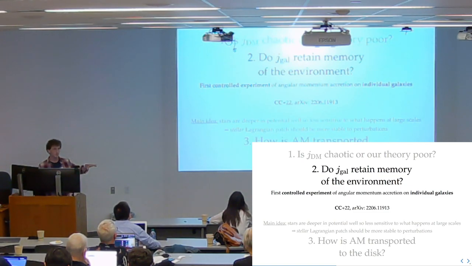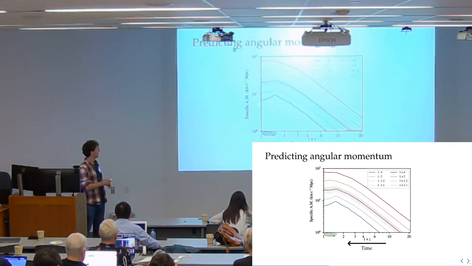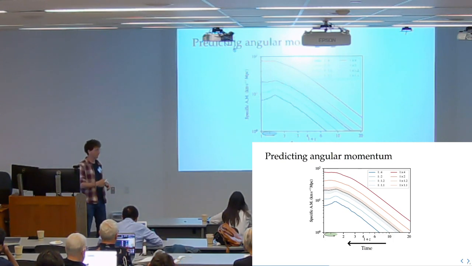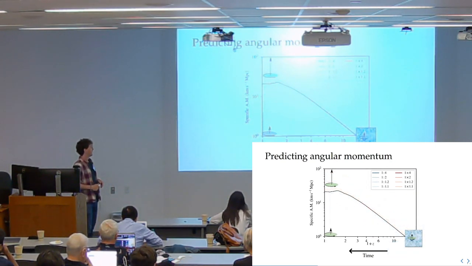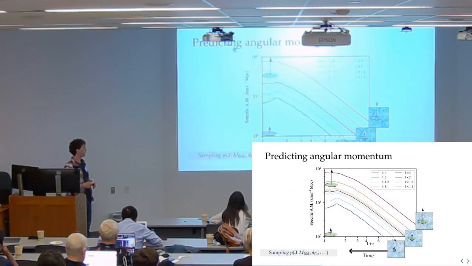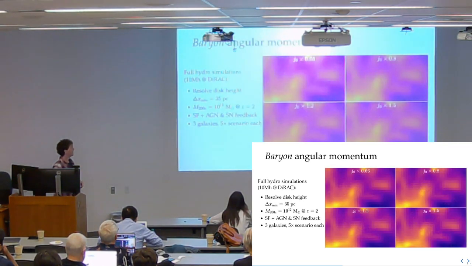Now, if I do the same experiment, but with galaxies, am I able to spin a galaxy up? Here I was taking a halo and multiplying its angular momentum by a factor of almost 16. Can I do the same with a galaxy? Can I transform an elliptical into a spiral and vice versa? If I had time, I would take bets on how much you trust me as an audience. Anyway, what I did is run this time a hydrodynamical simulation with the New Horizon physics, at relatively good resolution, 35 parsec,